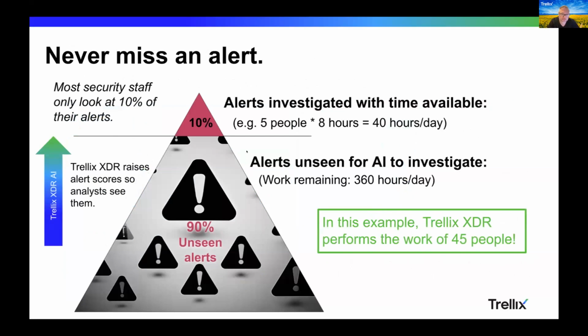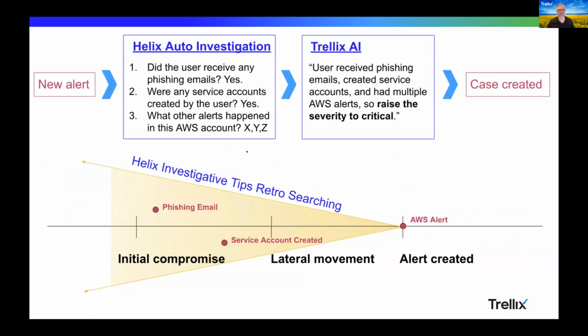We also at Trellix have just added a new preview for our detection that uses generative AI. So this is how we're enabling defenders to actually start to get more work done. Most of the alerts that come through something like an XDR or a SIEM don't get seen because they're low or informational, and you don't have time in the day to get through all of them. Something like 90%. We can actually use AI to do all that investigation for you and figure out basically which alerts need to be pushed up so that they get noticed by security staff in that top 10% of most critical alerts. We do this by using our investigative tips automatically.